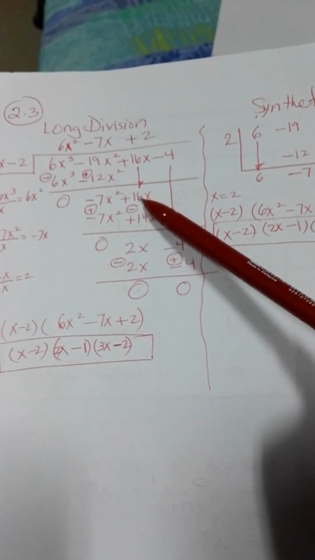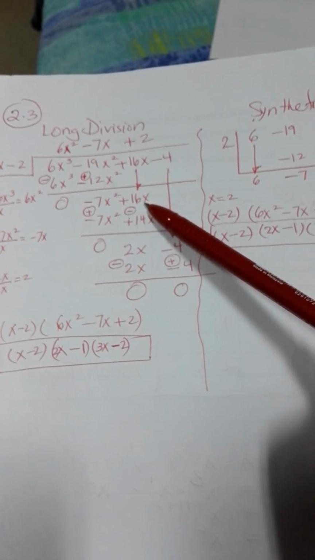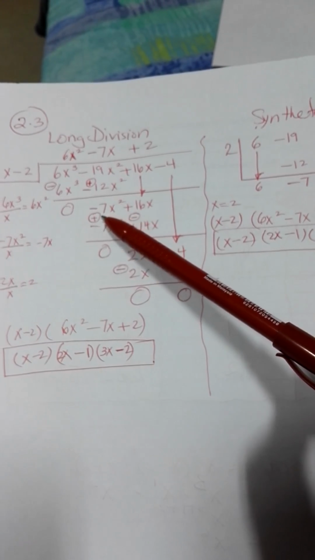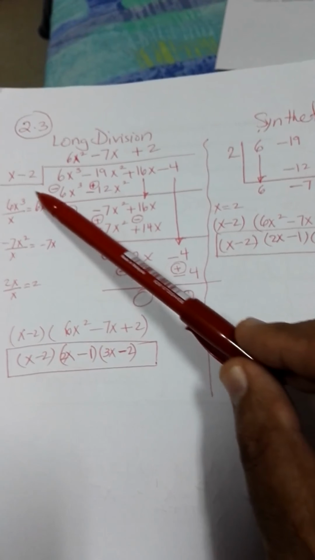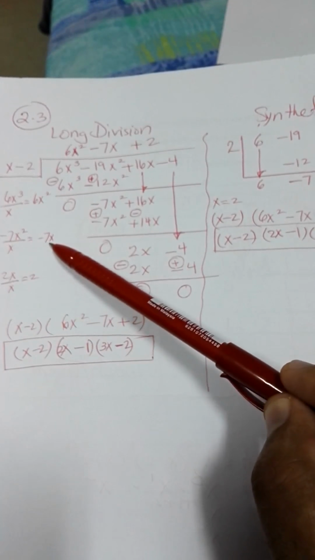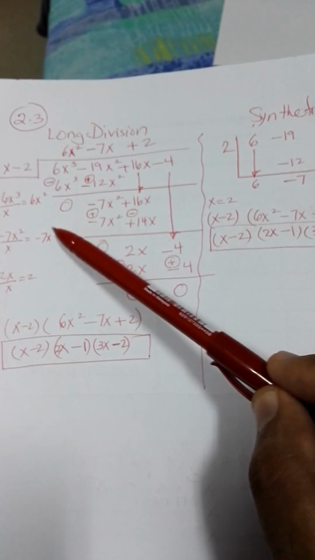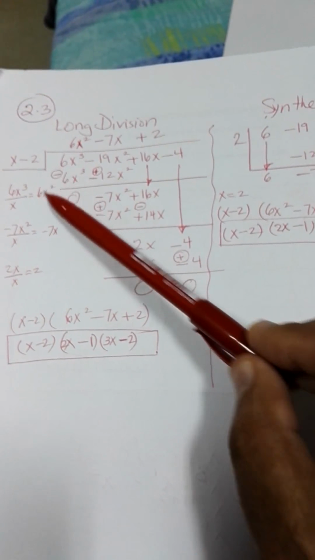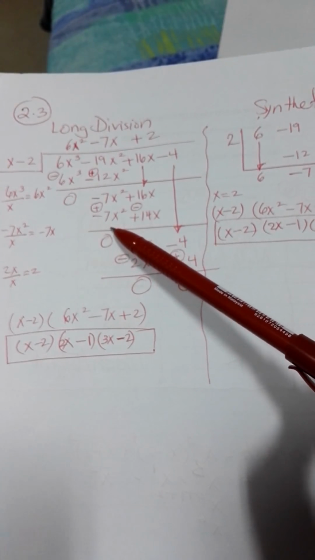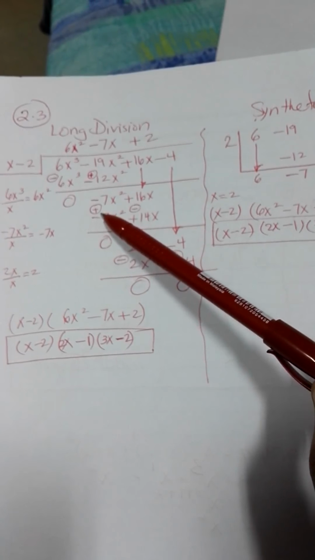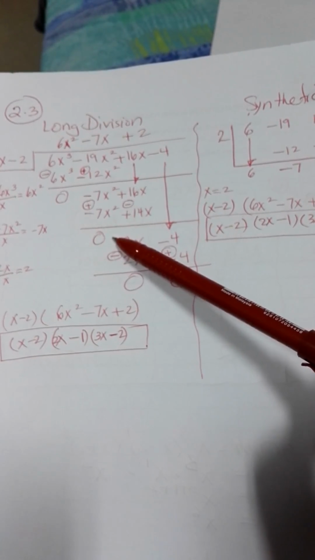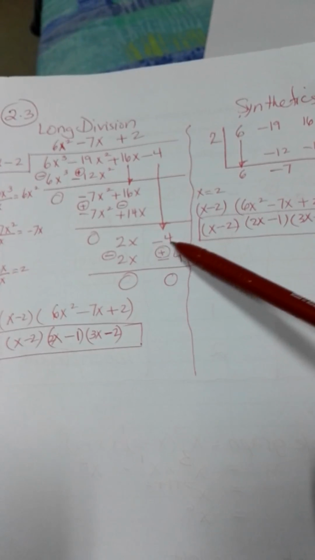put down the next term, which is 16x, and then you take the first term divided by the first term, and that gives you negative 7x, and then you multiply negative 7x times these two terms, and this is the result. Change the sign, and then you add, and then you bring down the last term, which is